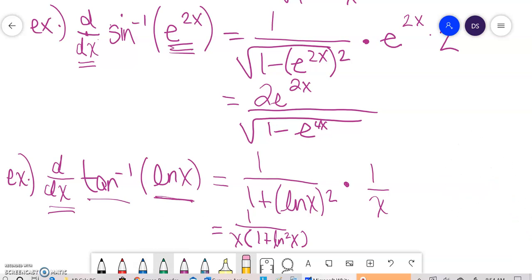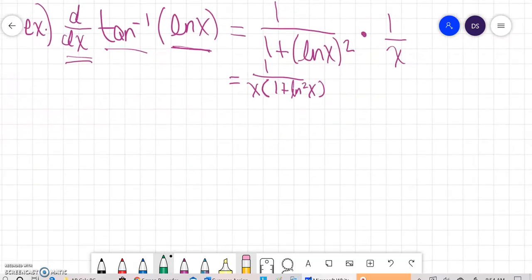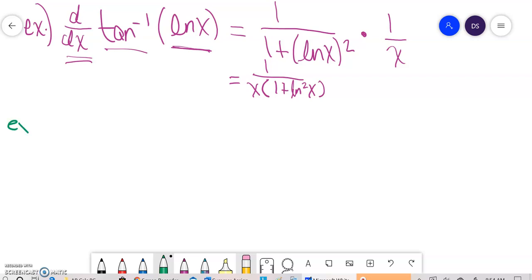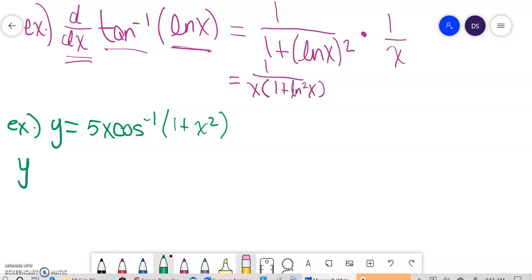So I think just for example's sake, I'll do one more. So let's say y equals 5x times inverse cosine of 1 plus x squared. So now, if I want the derivative, I know I need product rule. First function, second function. The derivative of the first times the second